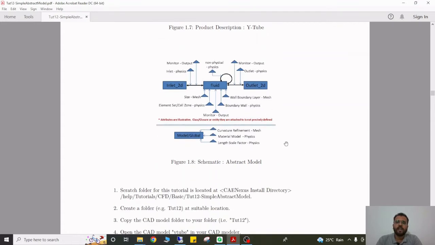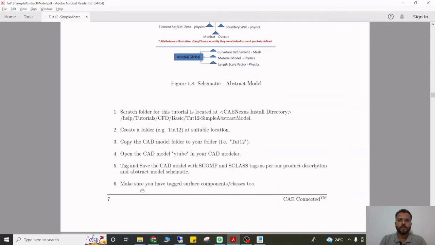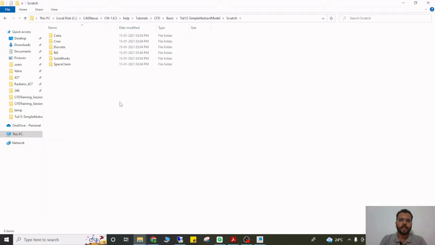So let's start authoring an abstract model from scratch. The scratch folder for this tutorial is located at the CAENexus installation directory, help, tutorial, CFD, basic, and tutorial number 12, simple abstract model. Create a folder at a suitable location and copy the CAD data from the scratch folder